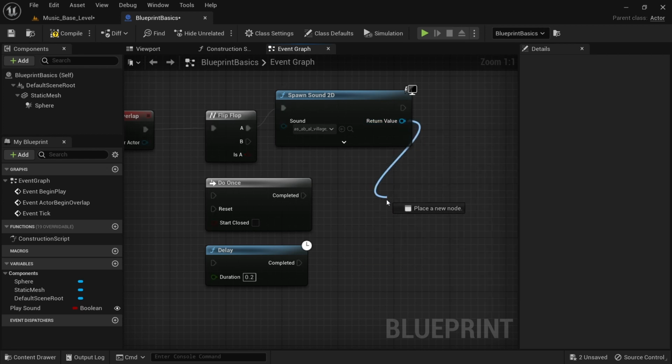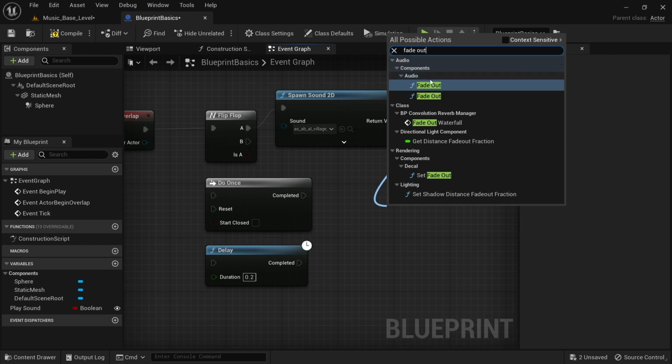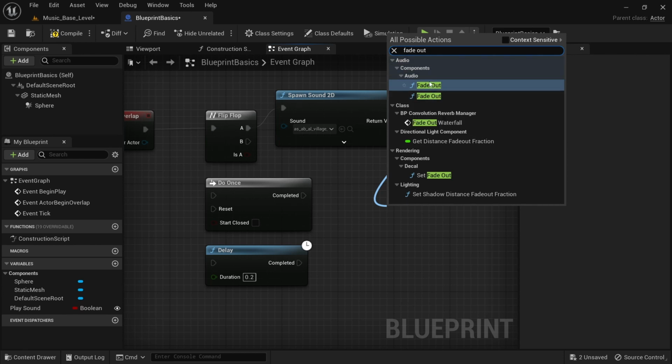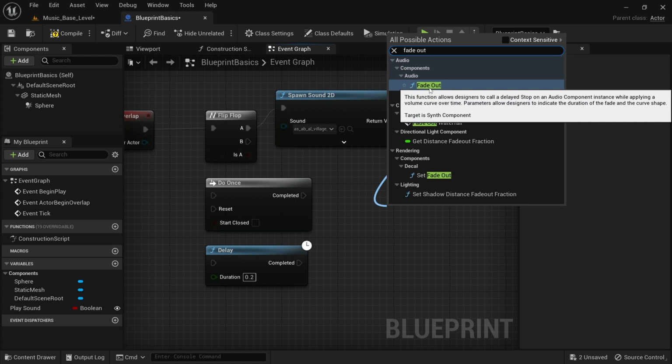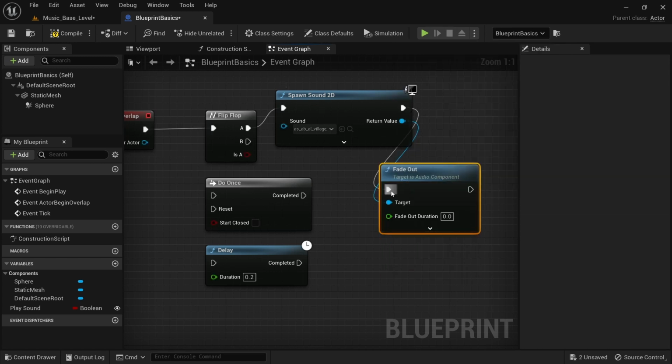If we drag off the return value, we can type in fade out and click on that right here, which now says target is audio component instead of synth component. So if we click on that, you can see that it is now connected up perfectly and the compatibility issue is resolved. However, we want to disconnect these and have B be connected to our fade out. If we run this within our level,